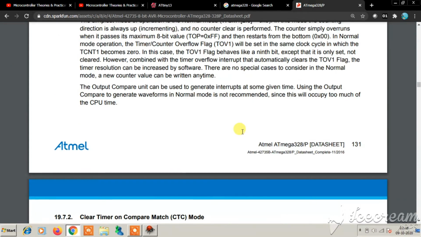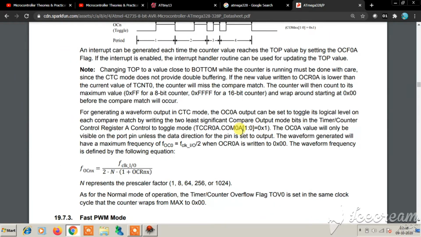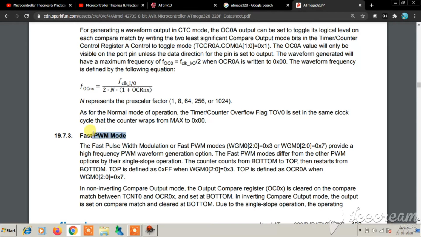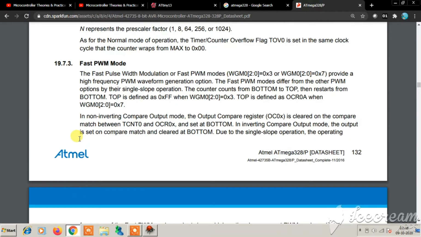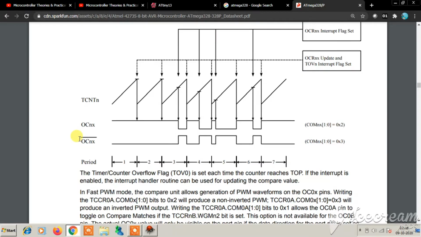We'll be using the fast PWM mode here to drive our RGB LEDs. The thing will be clear if you look at the timing diagram. You fill the output compare register with a certain value ranging from 0 to 255, since all these are 8-bit registers. Suppose you have set the output compare register to the peak value 255. The timer will start counting from 0 to 255 and then overflow again.